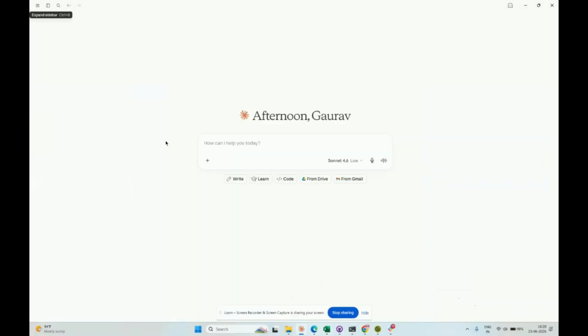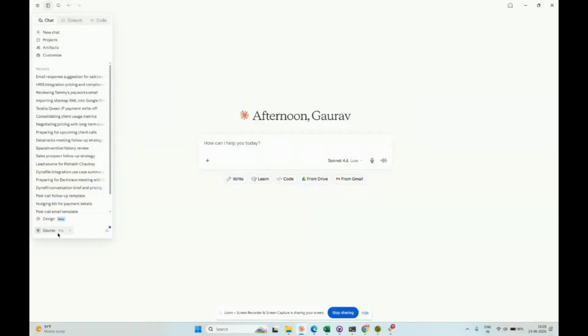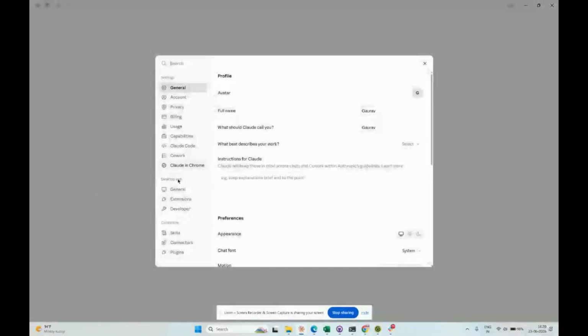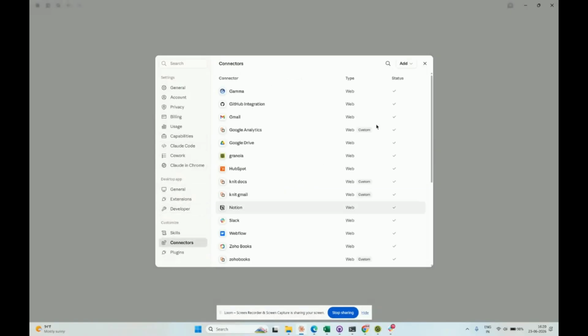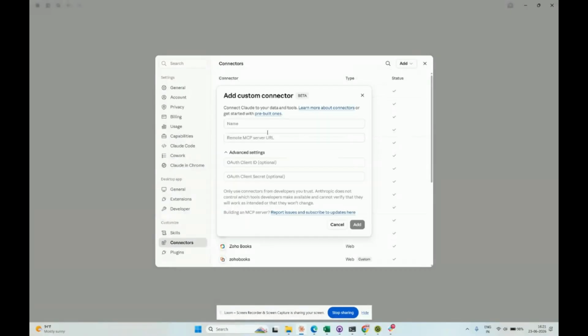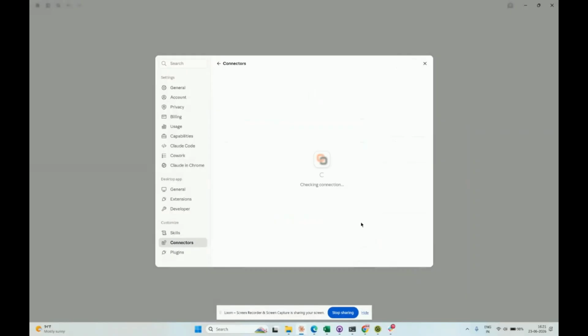go to your Claude desktop or wherever you plan to use this, go into your settings. You would need to go into your customizations, sorry, connectors, and here click on add custom connector. In this setup, paste the server URL, name this whatever you would like. We don't need the OAuth ID or client secret key, and just click on add. Then it'll ask you to connect. So if you click on connect,